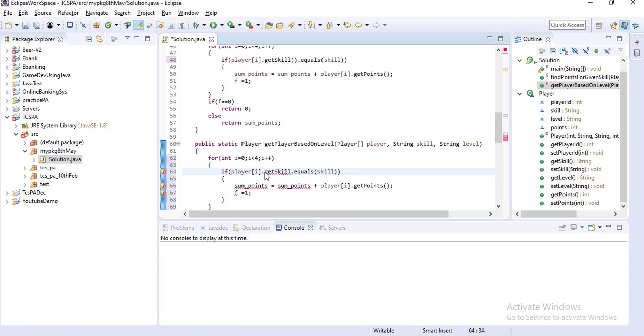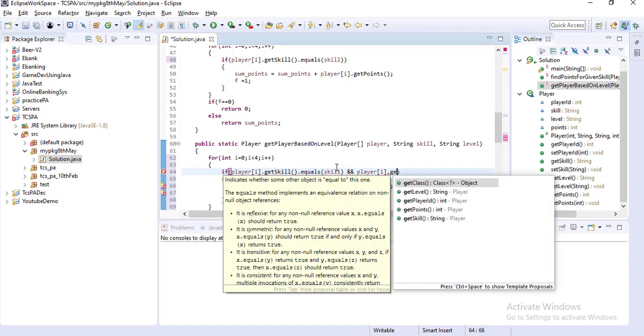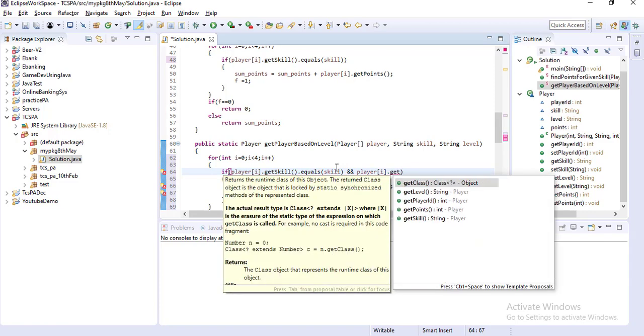Okay, and if it is equal to the skill that I have passed, then I will check this one is the first. Then I will check player I dot get label.